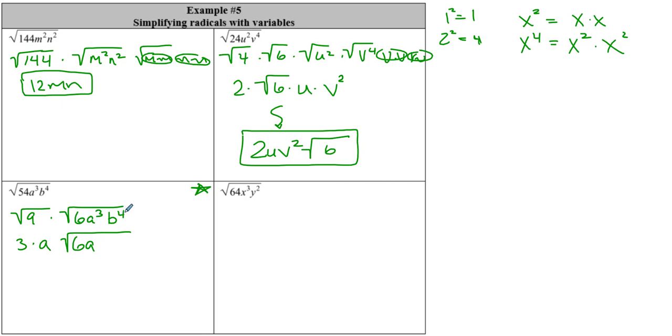And then if I have a 4 here, that means I got 2 pairs. 2 pairs is 4, so I'm taking that whole thing out. And that means I took out 2 pairs, and there is no more b on the inside. Boom, so that's it. Oh, actually, let's rewrite it without that. So we got 3ab squared radical 6a. Boom. All right, go ahead and pause the video, crank out that last one by yourself,